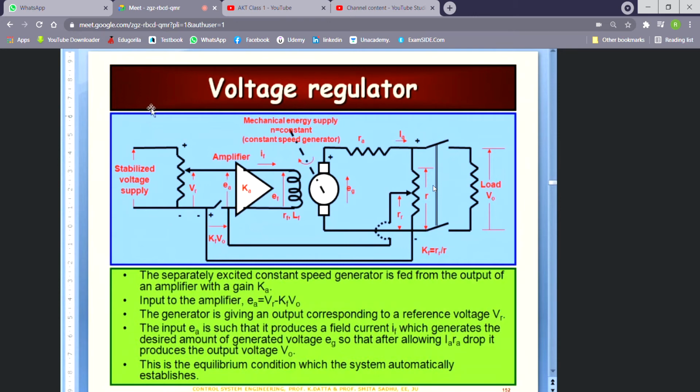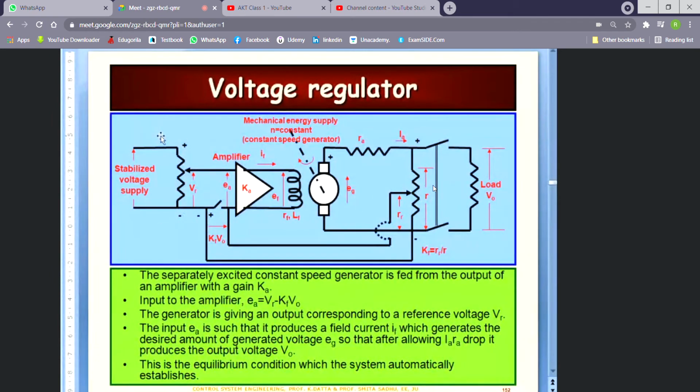Okay, so over here, this is the voltage regulator that we are about to study. I'll just tell you first of all that this is a schematic diagram, in the sense that you would find that it's not exactly a circuit diagram as you would have expected it to be. So first of all, this particular unit that you see, I hope you can see the cursor. If not, let me know. This is a stabilized voltage supply.